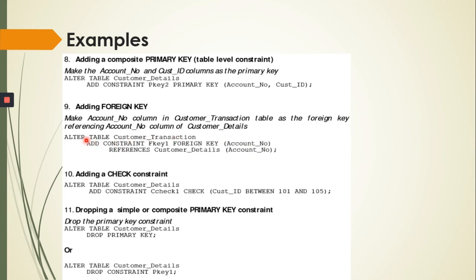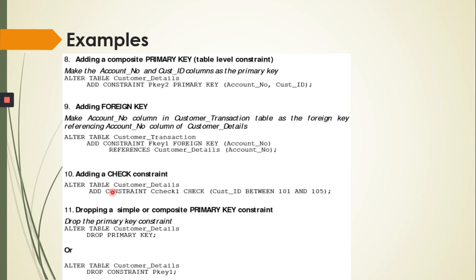So we are making the foreign key: this account number of customer transaction is a foreign key. Alter table customer transaction, add constraint foreign key in brackets the column, that is account number, references customer details. Now this customer details has a primary key of account number. So this is the concept of foreign key.